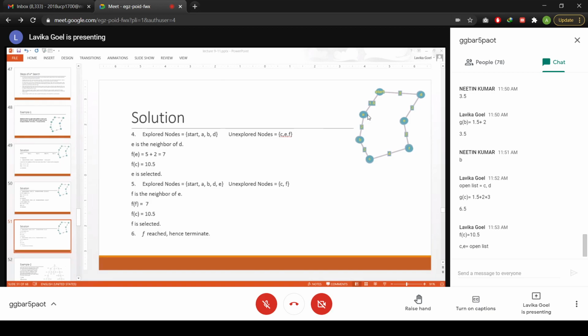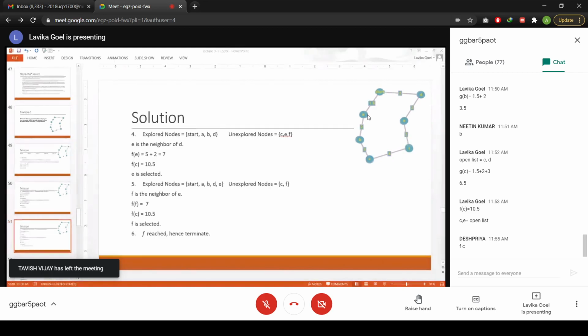Fine. So now what all are there in the open list now? F is there in the open list, and from the previous step you have C in the open list. So F and C. C is already calculated as 10.5. So F value of C is 10.5, and F value was